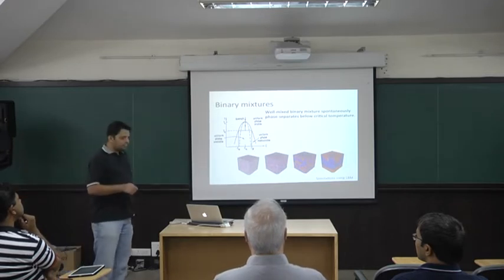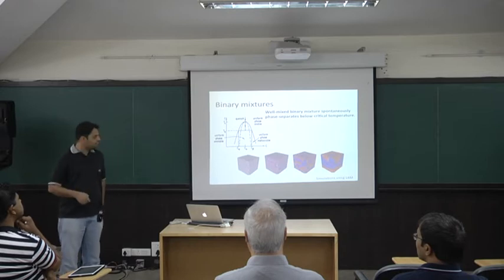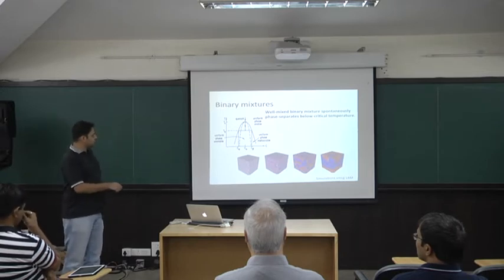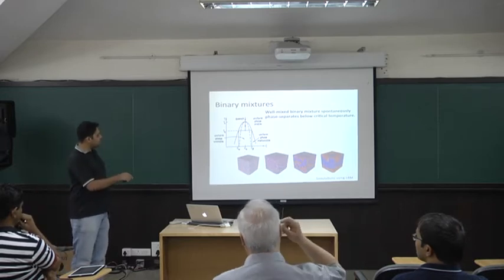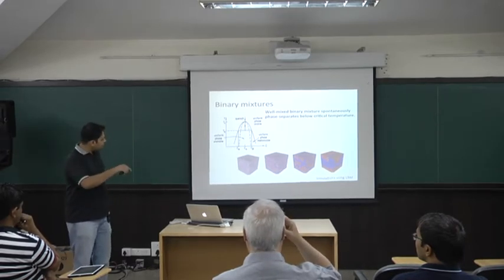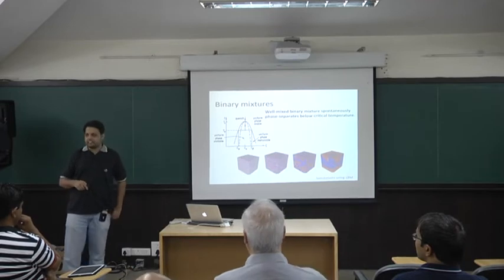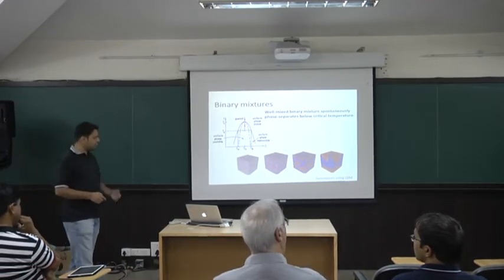The way I am going to model is the standard phi-4 theory of phase separation, the spinodal decomposition. So the picture is this: if you have on the x-axis concentration or the order parameter, whichever you like, and if you are above a certain temperature Tc, the system remains well mixed. But if you quench it below the critical temperature, the system spontaneously phase separates into A-rich and B-rich phases,